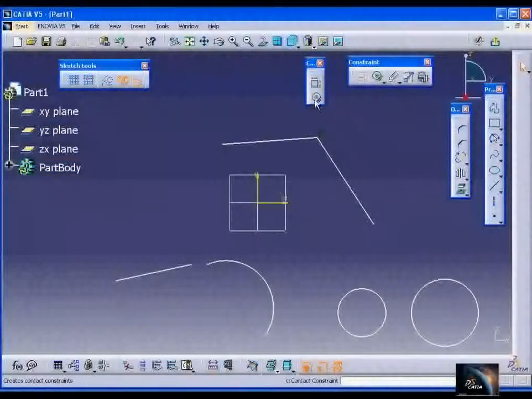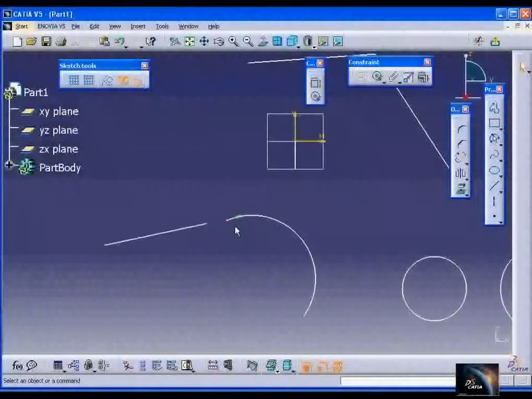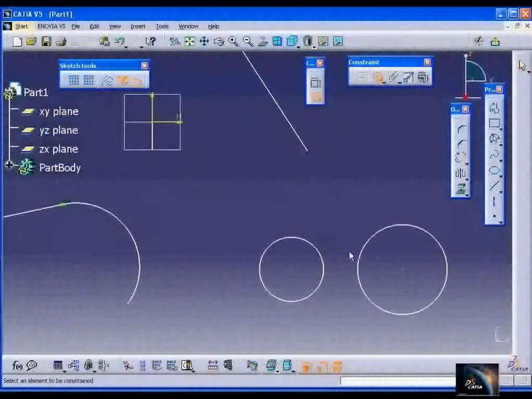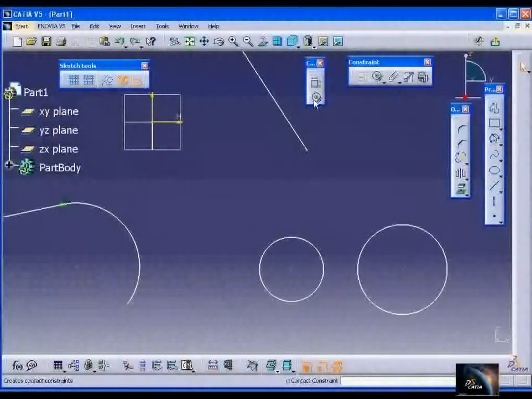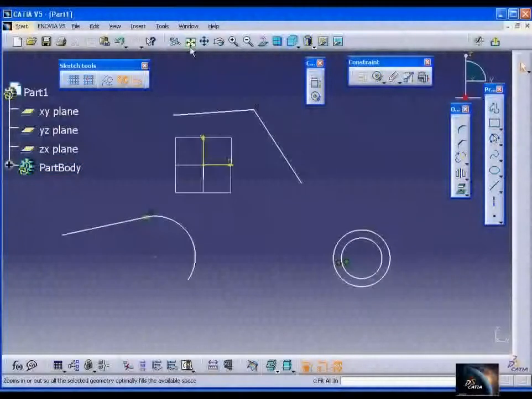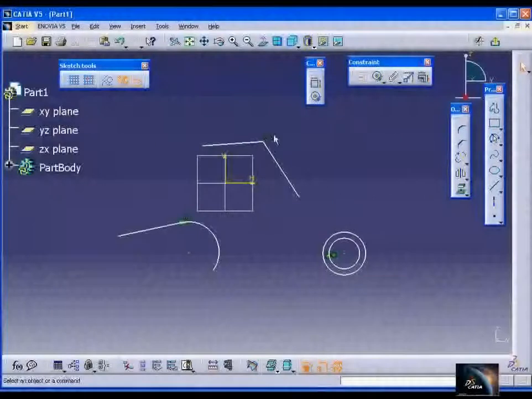the constraint is applied, and I am selecting these two elements. So tangent is going to apply, the tangent constraint is applied here. Once again I am picking these line endpoints. Now the point constraint is going to apply. And the third one, I am selecting these two circles, so that concentricity is going to apply. Select these two, concentricity is applied. So with the help of contact constraint, coincidence, tangent